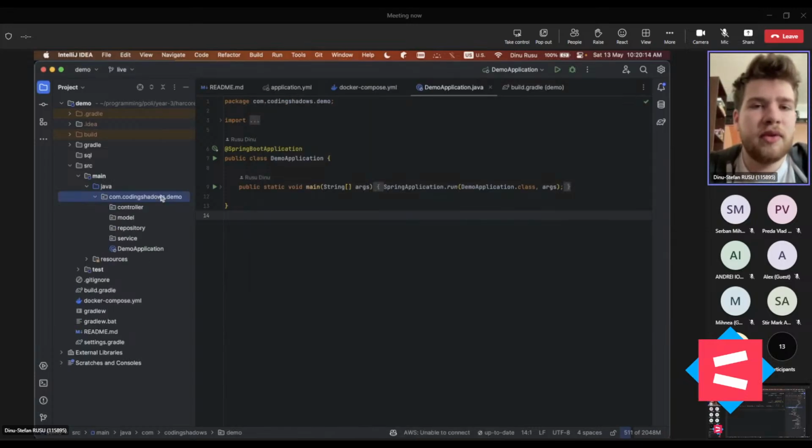Usually those won't be in plural, so you won't have controllers or models or repositories or services. You will have them controller, model, repository, service. Okay. So let's start with the